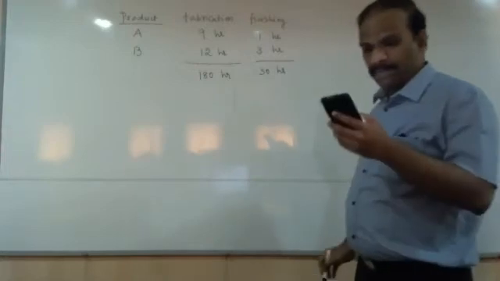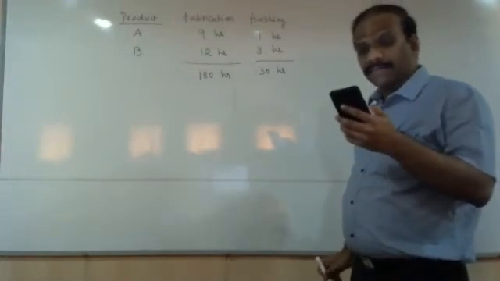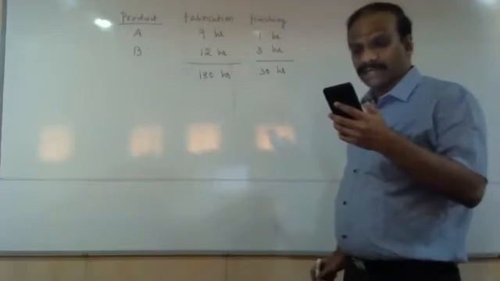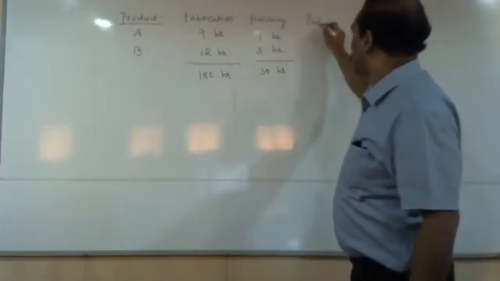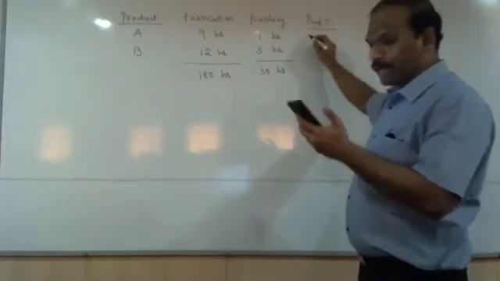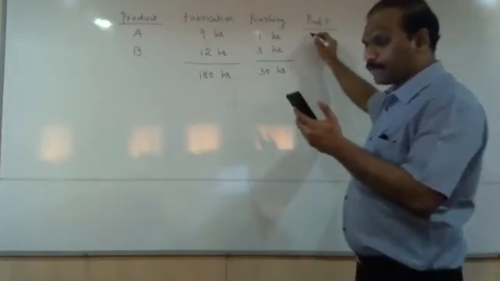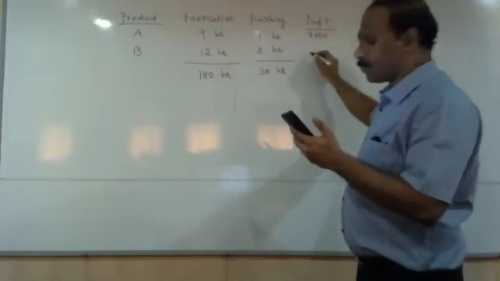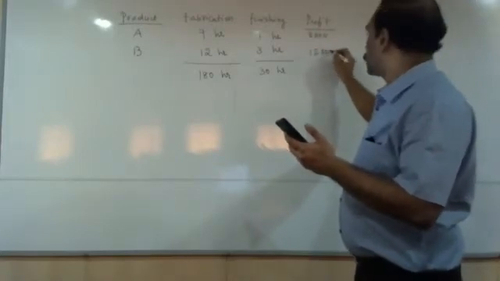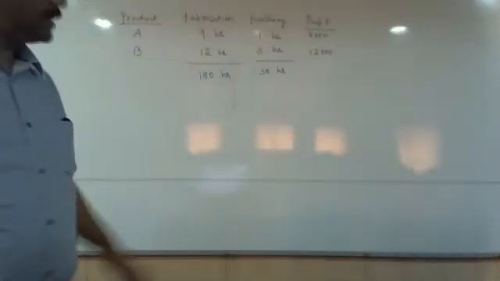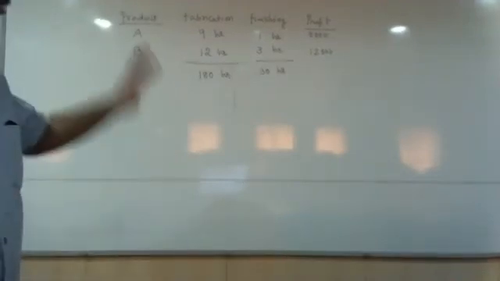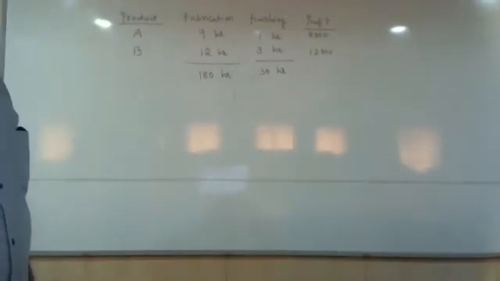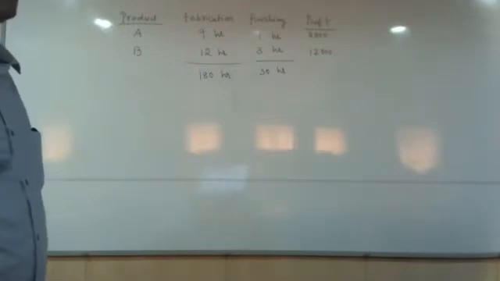They've given that the company makes a profit of 8,000 on product A and 12,000 on model B. That is the last data. So the profit is also given here. For model A, they're making a profit of how much? 8,000 rupees. And for model B, they're making a profit of 12,000 rupees. So this entire question is now reduced to one simple table. The benefit of writing the values in this table format is that none of the values is missed out, and you'll have more clarity in writing the answers.